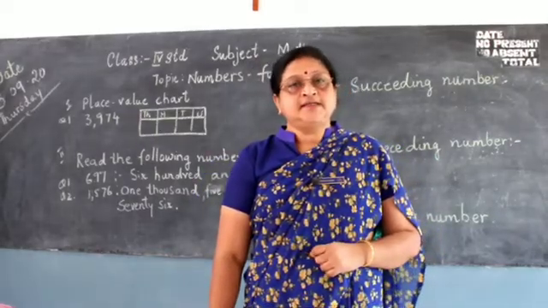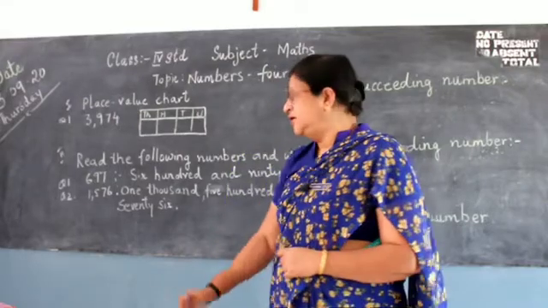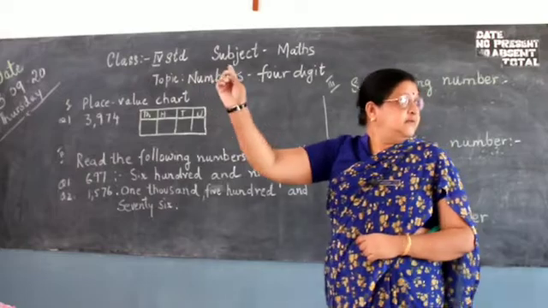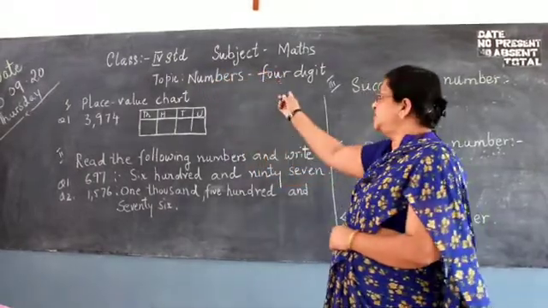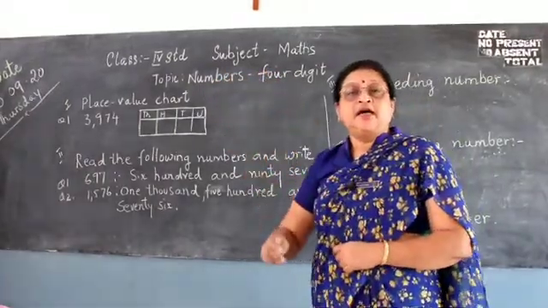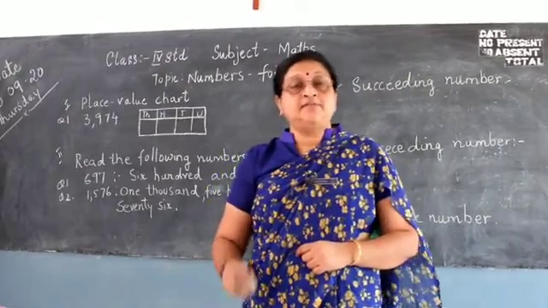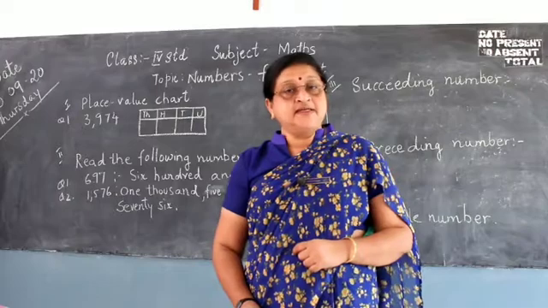Children, in the last class you have done the 4-digit numbers. We are doing the topic numbers. We have done the 4-digit numbers. Okay. So today and also in the last lesson you have written the smallest and the greatest 4-digit number, and